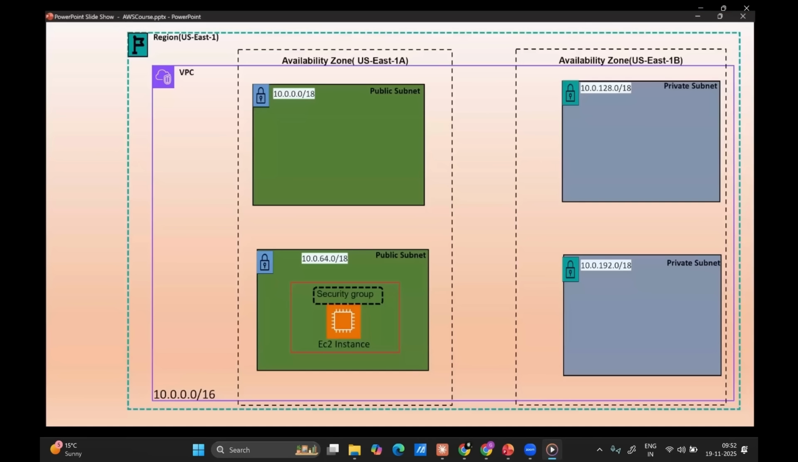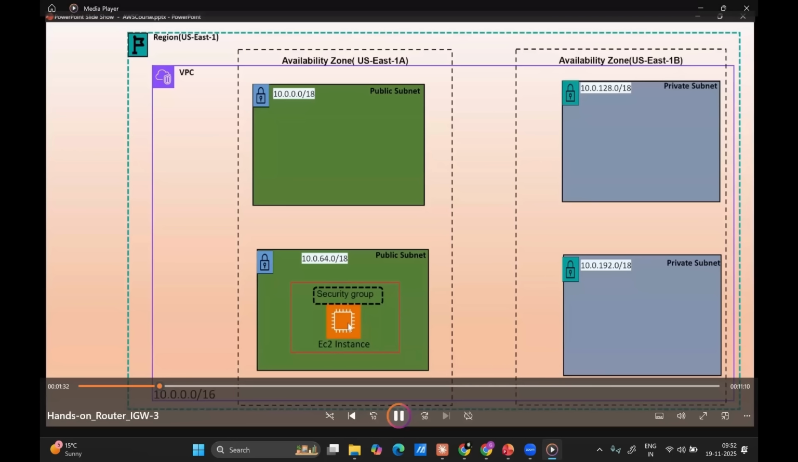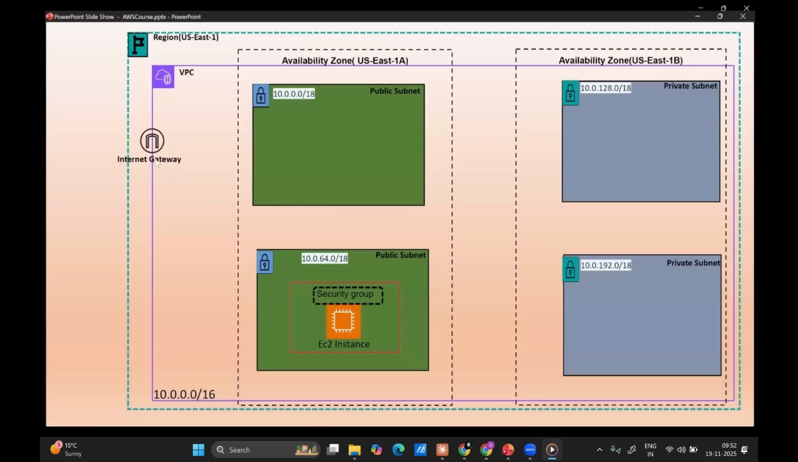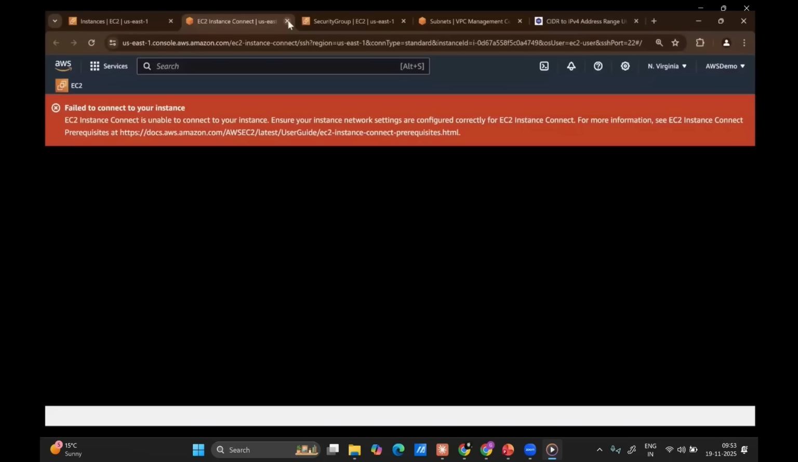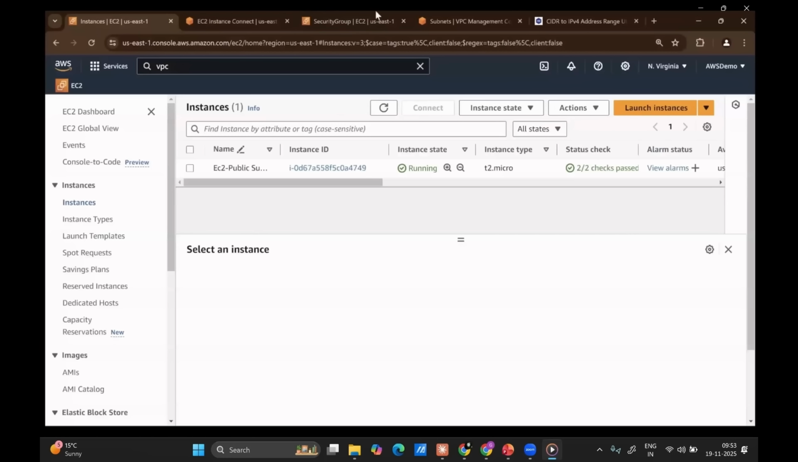But here, there is absolutely no connectivity for this EC2 instance with the internet, and that is why we need an internet gateway. We need to create an internet gateway and we need to attach it to the VPC. All right, so let's create the internet gateway and let's see what happens then. Let me close it. Let's not close it. Here,